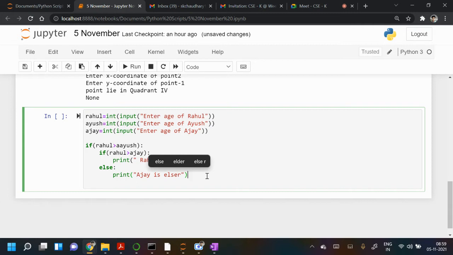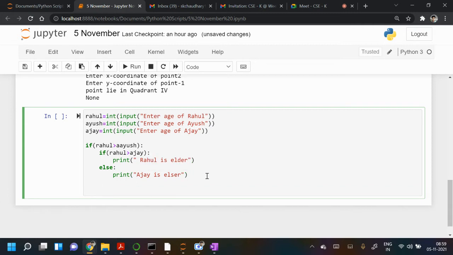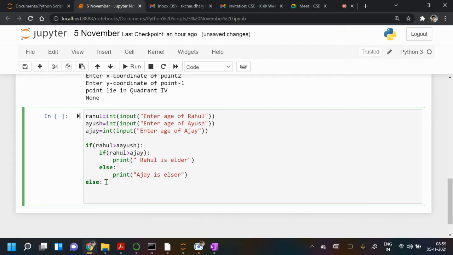And this is the else of that. And now I will write the else of the main statement. So the else of this if. So in another way, what you have written was also correct, okay? That was easy to interpret. This is also correct, but it will take less time, less execution, okay?